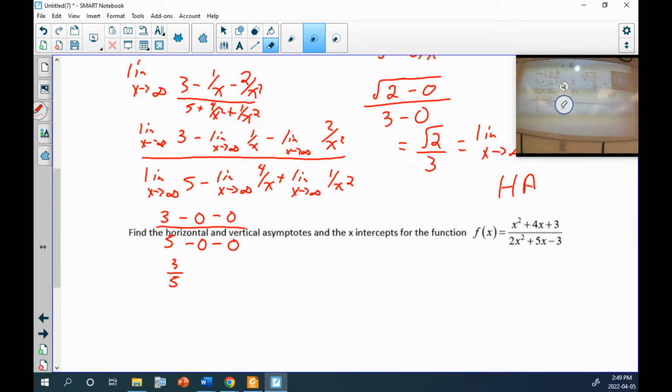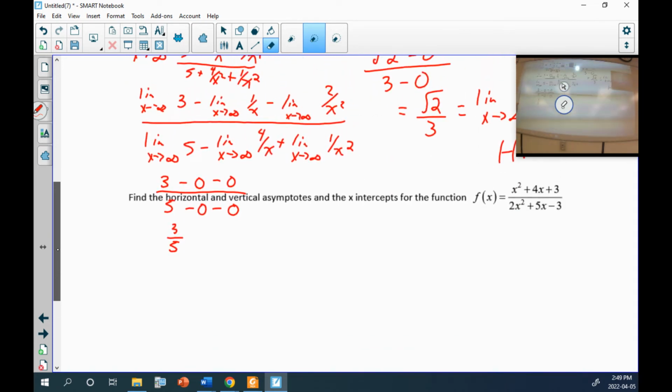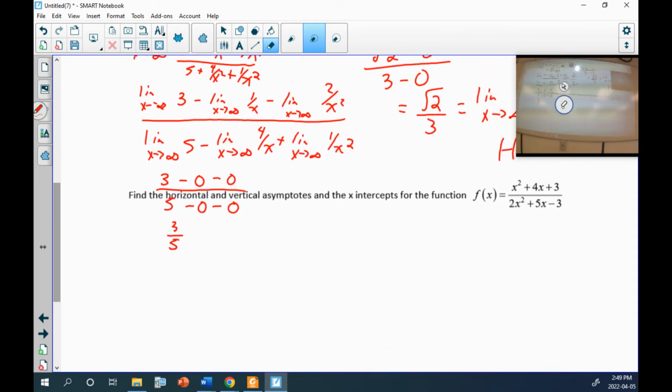And there's a third option, no horizontal asymptote, or a slant asymptote. So let's look at this function here. I want to find the horizontal asymptote. So limit as x approaches infinity. Now, if I say determine and not state, you best show me some work. So we end up with